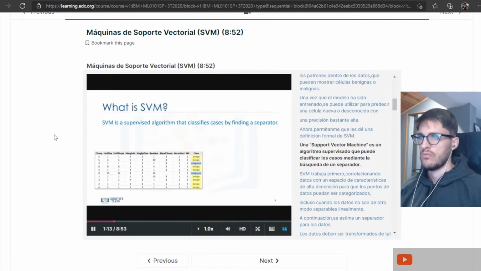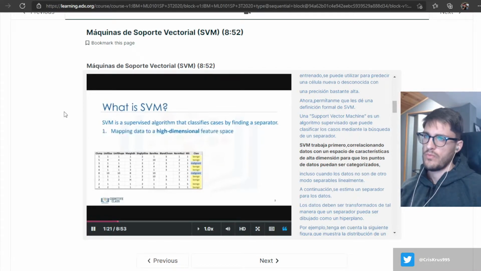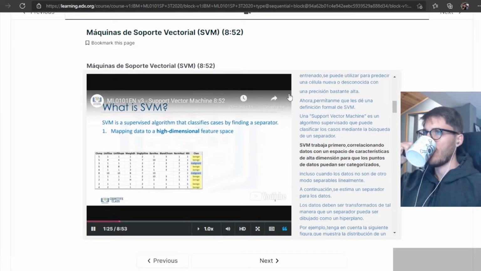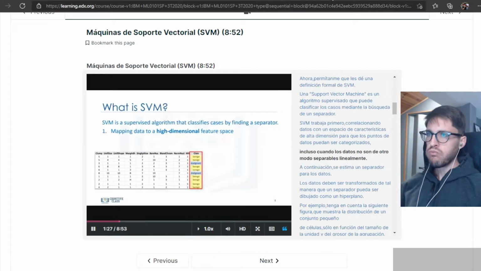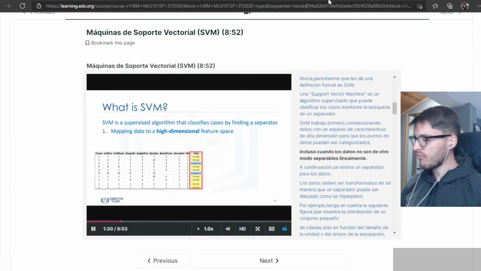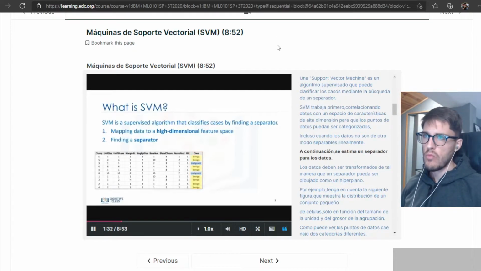A support vector machine is a supervised algorithm that can classify cases by finding a separator. SVM works by first mapping data to a high-dimensional feature space so that data points can be categorized, even when the data are not otherwise linearly separable. Then, a separator is